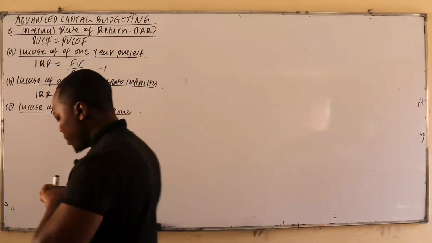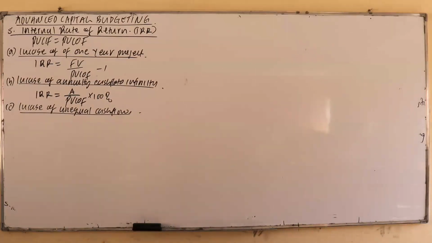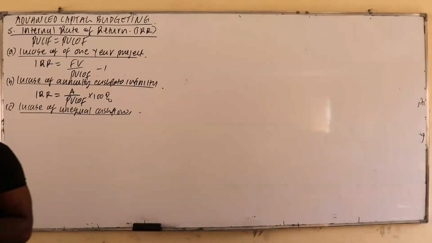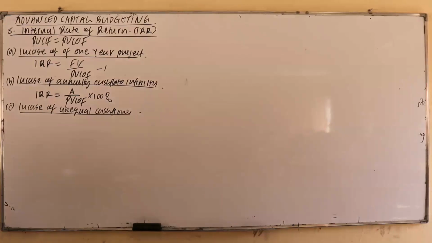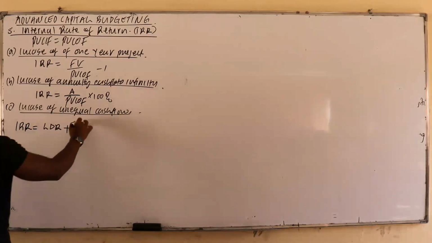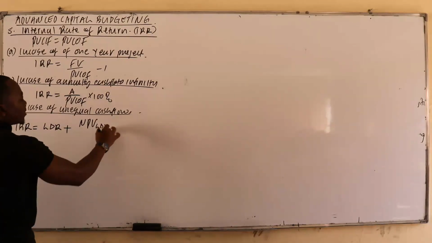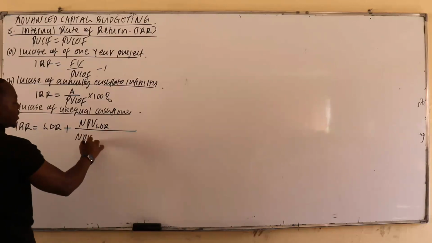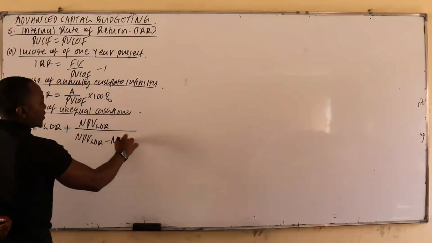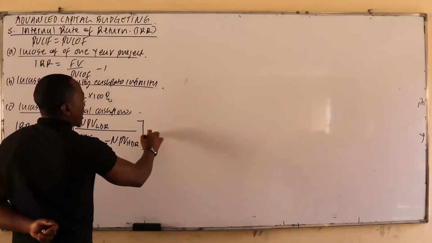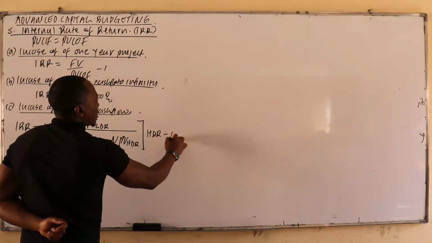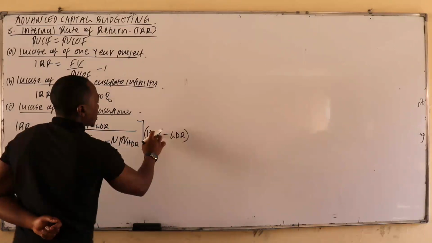And lastly, number four, determine IRR as follows. IRR is the lower discounting rate plus the NPV using the lower discounting rate divided by the NPV using the lower discounting rate minus the NPV using the higher discounting rate, all of it multiplied by the higher discounting rate minus the lower discounting rate,